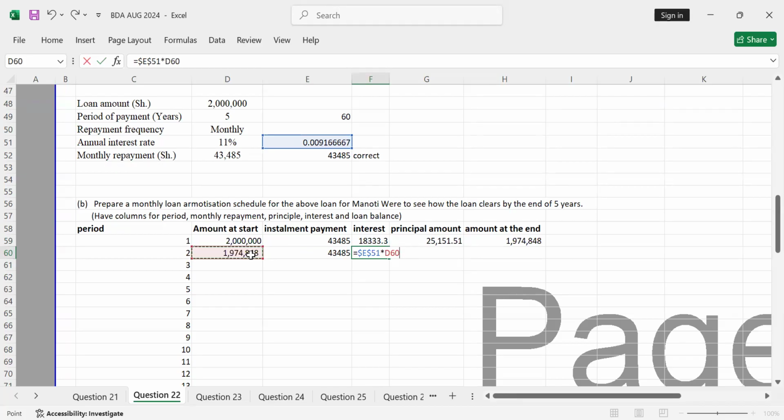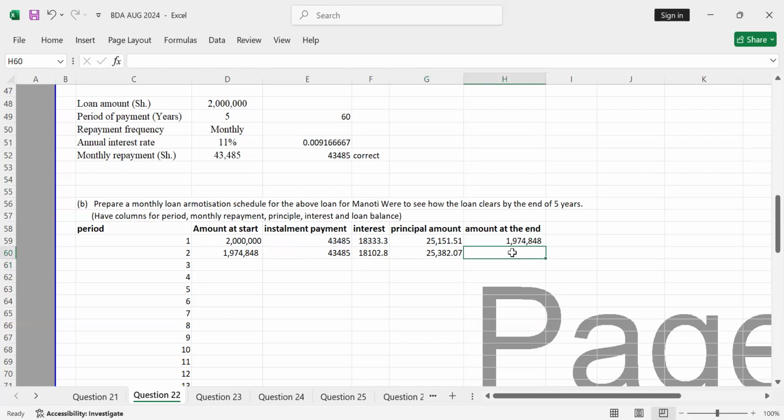Then you can press enter. Once you do that, you can get the principal amount is the installment payment, you minus the interest. That is the principal amount, meaning that now for this period, part of the loan you have paid 25,282, which